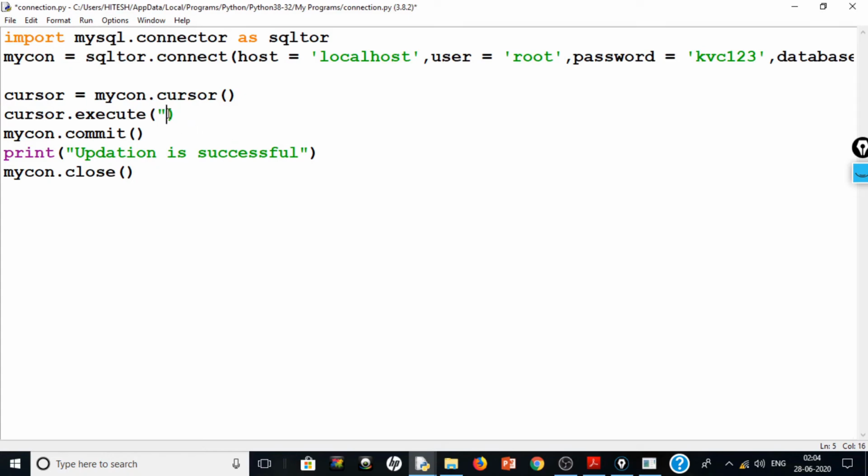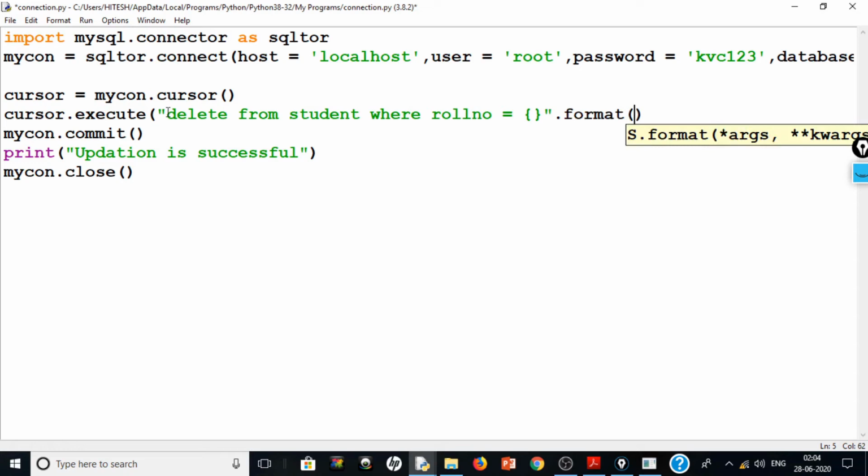So we will say delete from student where roll number equal to curly bracket dot format, and the value we have is 12101, I think, right?